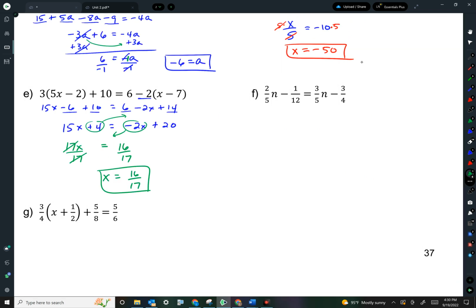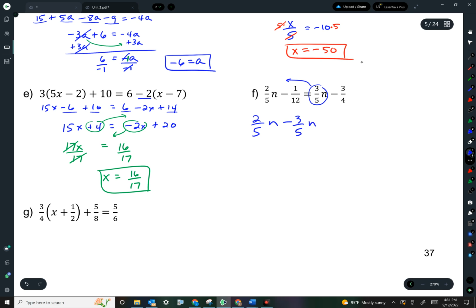the example. So, based on our rules, we've said simplify each side. Okay, there's nothing I can do. I can't combine the 2/5 n with the minus 1/12. And then it says get all of the x's on the same side. So I'm going to, if that's a positive 3/5, I'm going to subtract 3/5. So I already have 2/5 n, and I'm going to subtract 3/5, and I'll actually figure out what that is